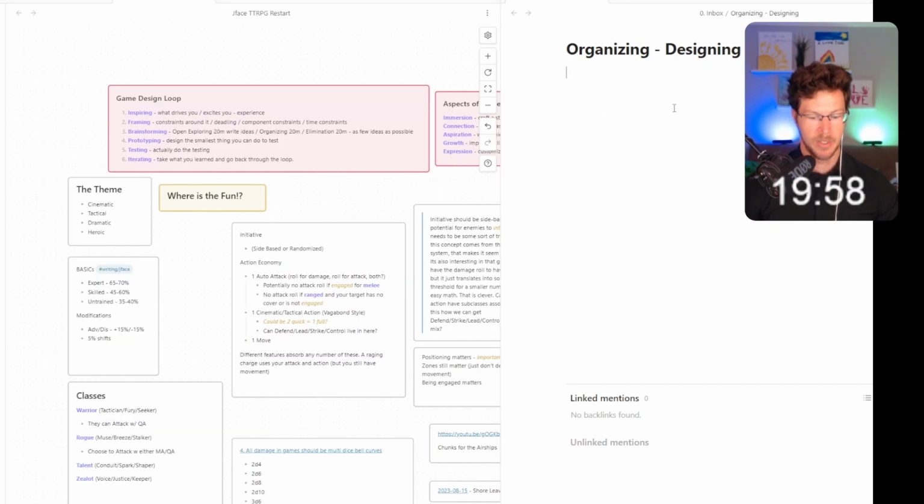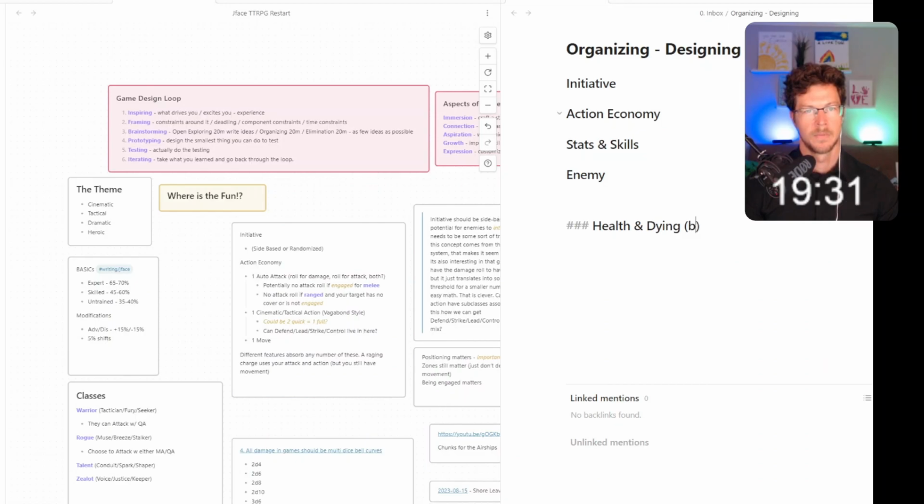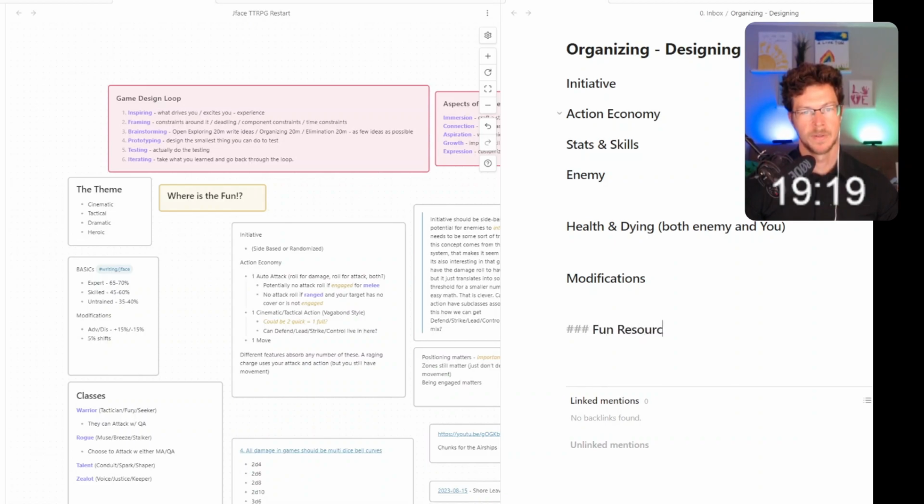Okay. All right. So we're gonna have initiative. We're gonna have action economy, stats, and skills. You know, basing what you understand or what you can do. I might be talking at half talk. Just a heads up. Enemy health, and dying. Both enemy and you. Modifications. Fun resources. Okay, so